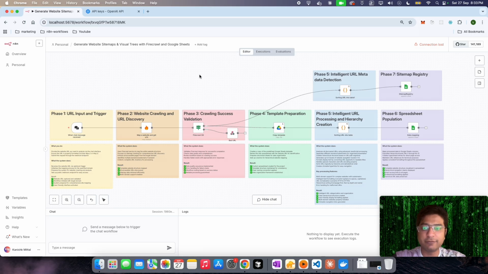Welcome friends. Last time we were looking at this template from n8n which automates web crawling and URL discovery. It's basically a site mapper that can map any website that you give it. I have shown the complete demo in the preceding videos. If you have not watched those, I would recommend watching those first because then only today's video will make much